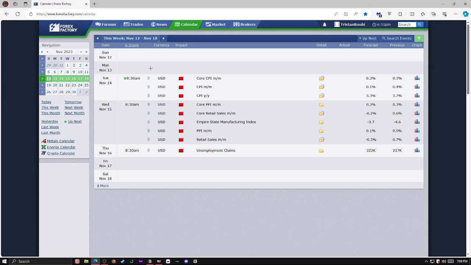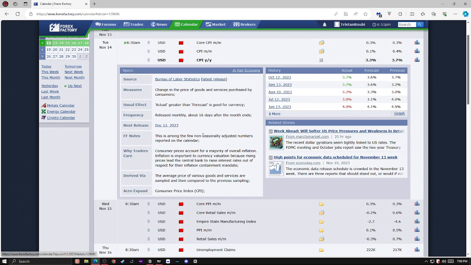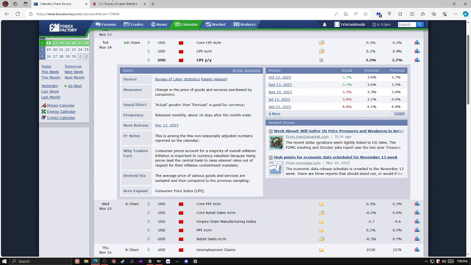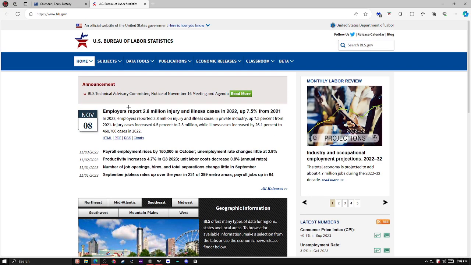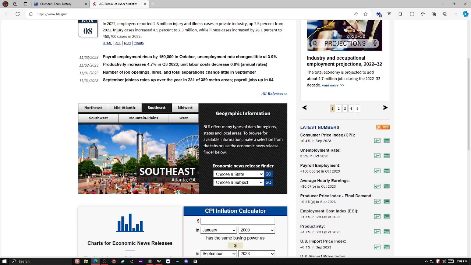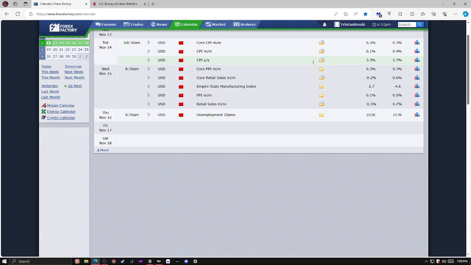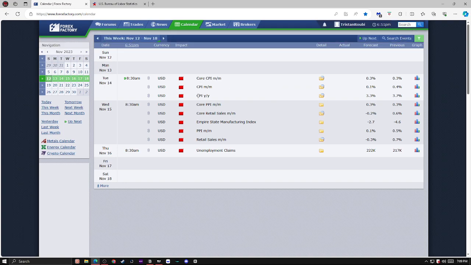So this is the other part of the sentimental and fundamental analysis: the news releases from Forex Factory. You can also look on the FOMC website, and other websites that carry news. For example, CPI is on the Bureau of Labor Statistics official .gov website, and you can look at the news individually if you want. You can see more reports, but Forex Factory puts everything you need to know as a trader into one website.